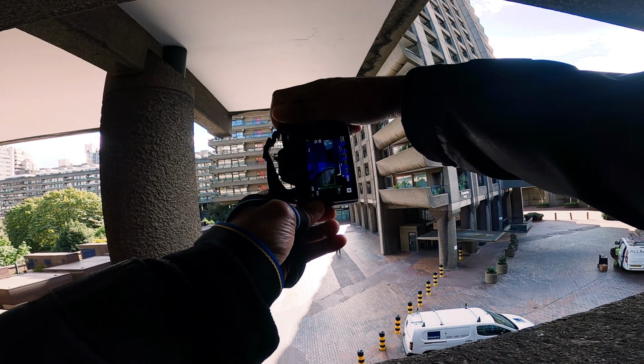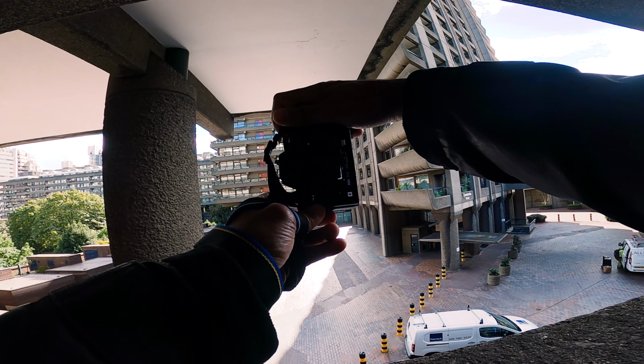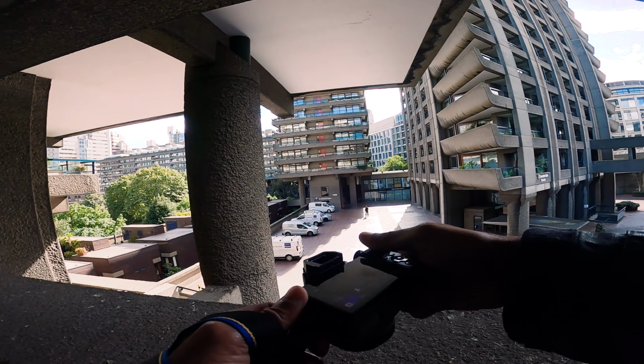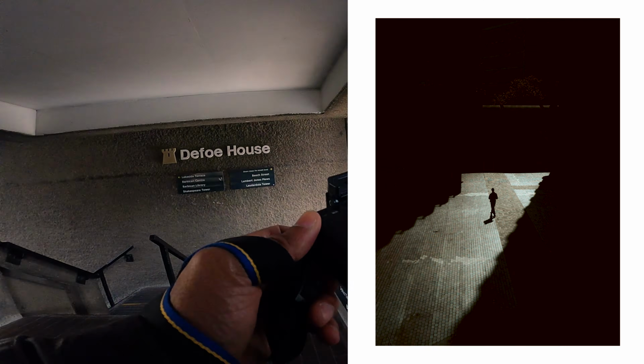So other times you'll be shooting for a scene. Now, what do I mean by that? What do I mean by scene? You might find a frame, a scene, a part of the environment that is really visually appealing to you for whatever reason. And you set yourself up, you get your composition, you get your framing, you get your settings, and then you're just waiting for somebody to walk past, run past, go past on their cycle, whatever it might be. You're waiting for that frame to develop, to add that human element.